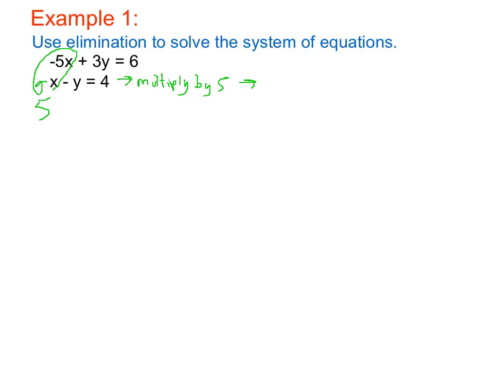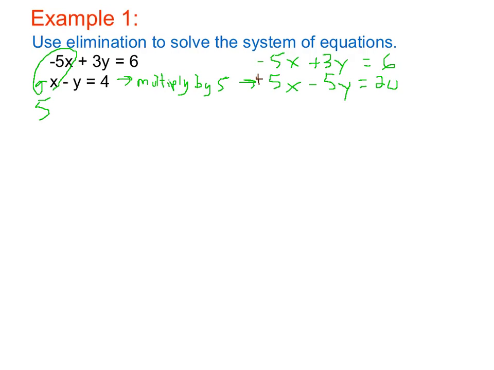So that when I do that, 5 times x gives me 5x. Negative y times 5 is negative 5y. And 5 times 4 is 20. I'm going to keep the top equation the same. I'm just going to recopy it over here. And then after we've got that, now